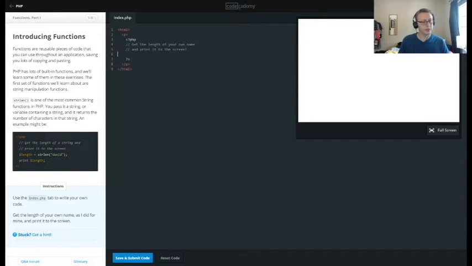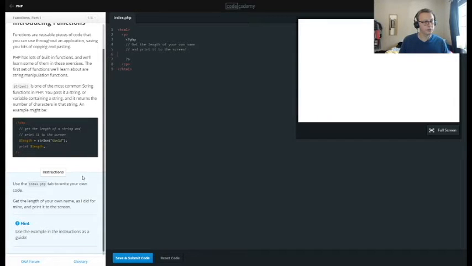Get the length. How do we use that? Use an example above. Get the length of your own name, as I did for mine, and print it to the screen. Okay, so I wasn't sure what he meant by the index.php tab to write your own code, but